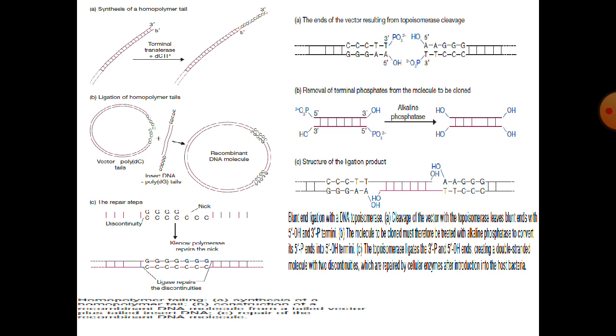Another way of introducing sticky ends to the blunted molecule is the topoisomerase cleavage. This is one of the popular methods used nowadays in the field of genetic engineering as a best tool. Here,